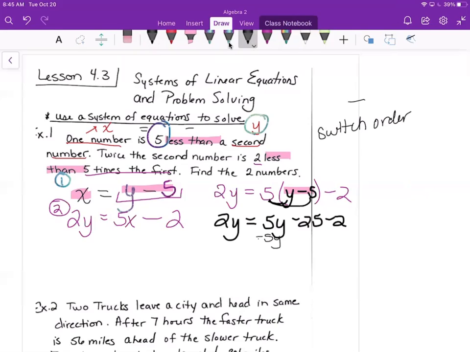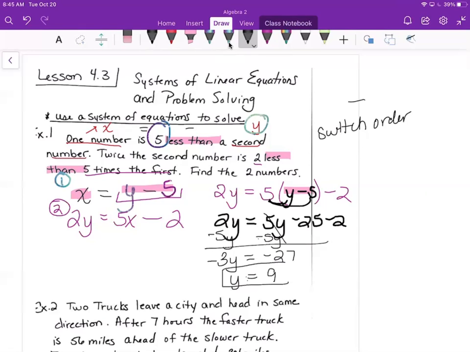I always like to show these steps because some of us are careless with signs. You always want to make sure your signs are correct. 2y minus 5y is negative 3y, and negative 25 minus 2 is negative 27. As a last step, we divide both sides by negative 3, and negative 27 divided by negative 3 is